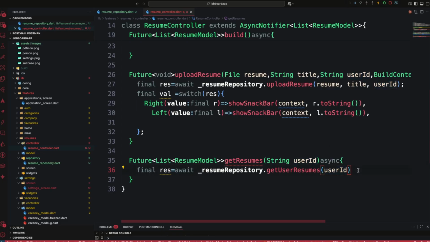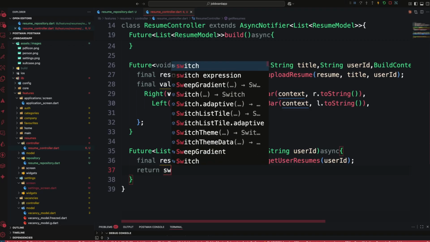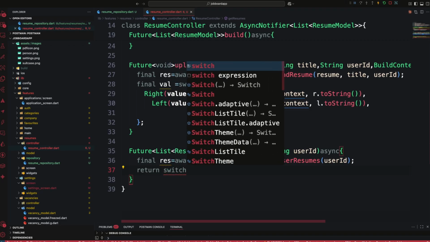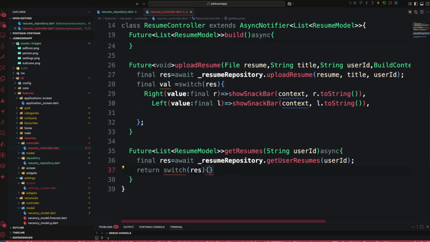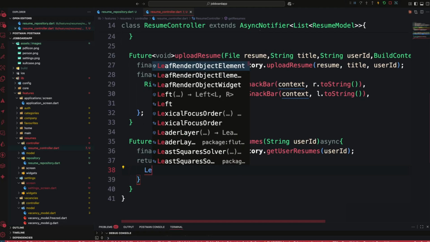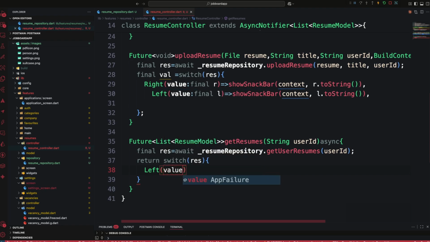And then we just simply pass the user ID, and then after this we are simply going to return a switch statement with our response res function, and then left, and then value,